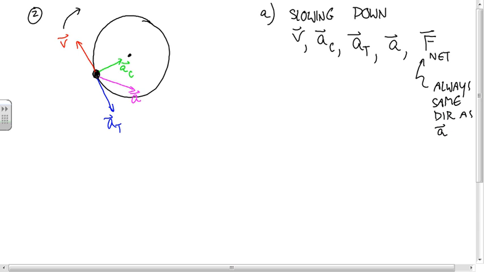So the direction of the net force is this way. And it's okay to write it that way, even though it's a rough guess of the acceleration vector. If this was right, this would be the direction of the force. The key is just keep in mind that Newton's second law says add up all the forces, they're equal to the mass times the acceleration. That says that the force direction has to be the same as the acceleration direction.